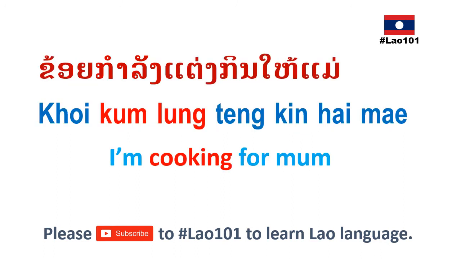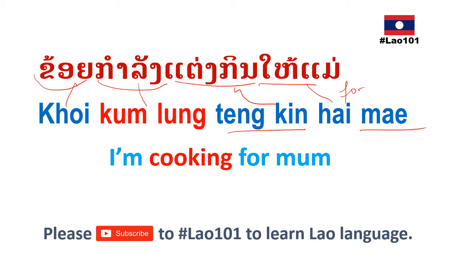ข้อยกำลังแต่งกินให้แม่ข้อย. ข้อย means I, กำลัง, แต่งกิน means cooking, ให้ means for, this is a connection word, for mom, แม่. I'm cooking for mom. ข้อยกำลังแต่งกินให้แม่